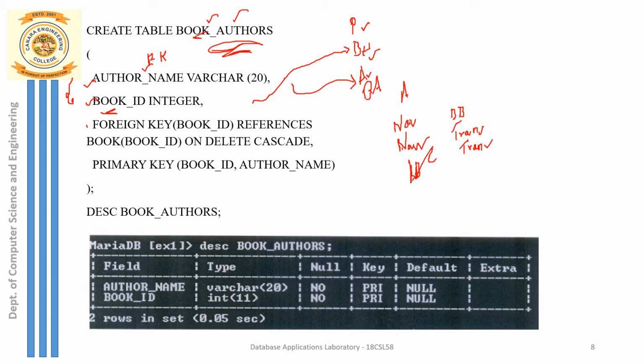So here what is repeating? You can see the transaction value. The book name is repeating. Book title here is repeating. Or in other words, instead of book name here I can take it as book ID. So here book IDs are repeating. What is the meaning? The same book has been written by two authors, so that is also possible. Or in other words, the same author can write two different books. So here author names are repeating. In this case book titles are repeating.